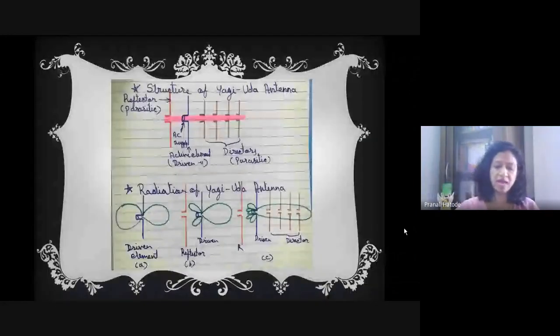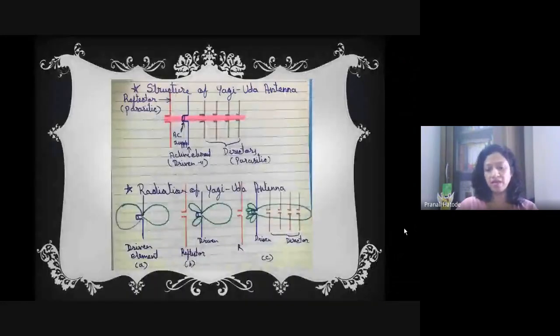Now, first let us understand what is the active element. In an antenna, if you provide excitation to some element, then it is called an active element. Whichever element is excited, so obviously that is going to radiate, then it is called an active element. Parasitic elements are not connected to a power supply directly. Those are called reflectors and directors in case of Yagi-Uda antenna.